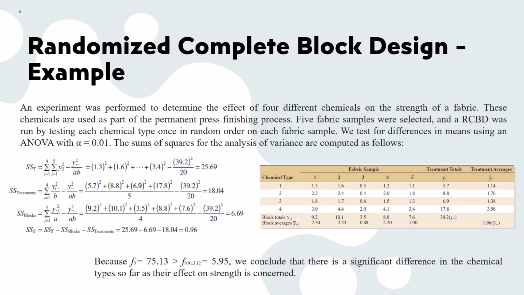Let's go over an example together. An experiment was performed to determine the effect of 4 different chemicals on the strength of a fabric. These chemicals are used as part of the permanent press finishing process. 5 fabric samples were selected, and an RCBD was run by testing each chemical type once in random order on